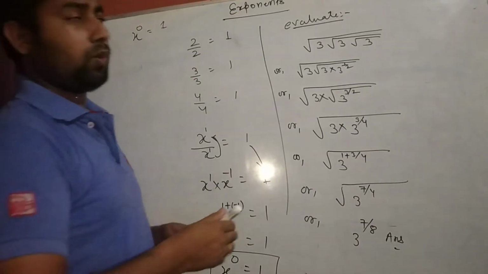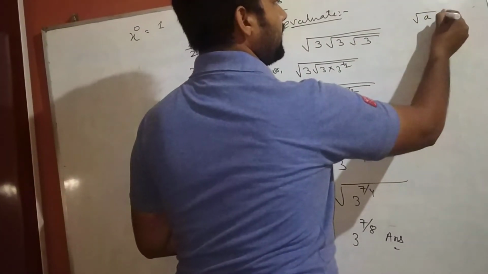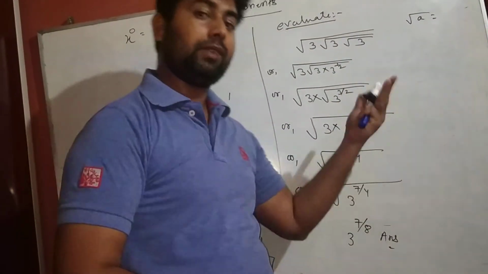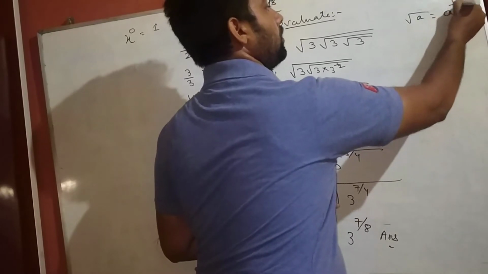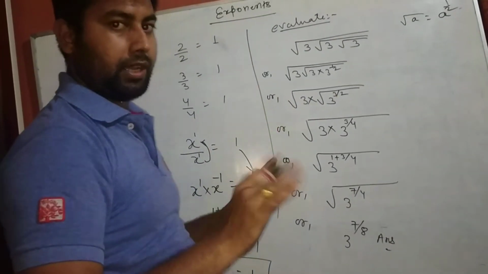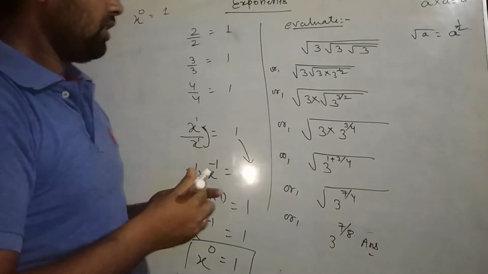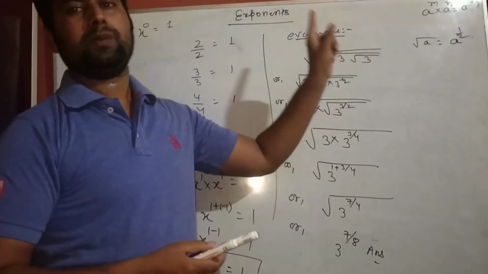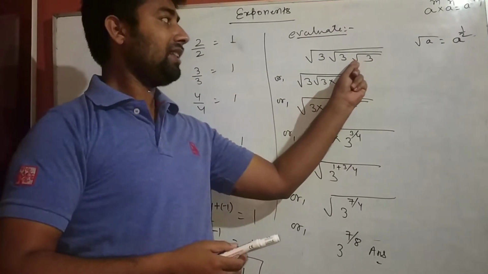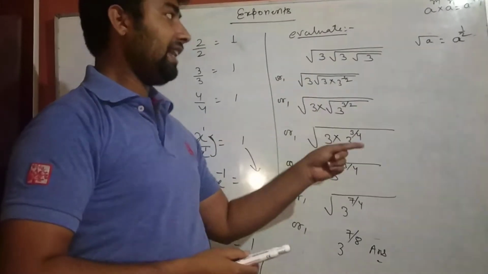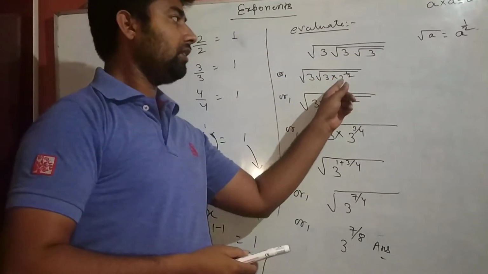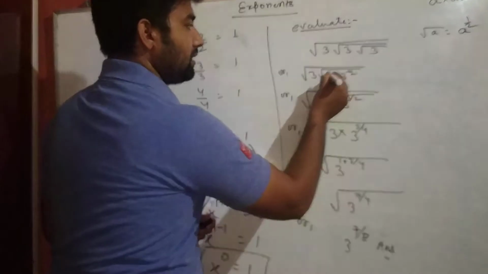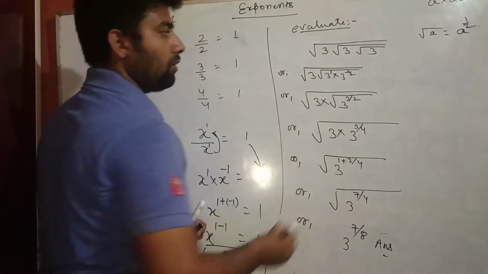Students, remember one thing: if I have written root a, and you want to remove this square root, then it will be a to the power 1 by 2. You know that, we have already seen it in class 8. Now there are 3 repeated 3 times. First, the outermost 3, we remove its square root. The last 3, you can see, we remove this square root, and as we remove it, the power of 3 becomes 1 by 2. Now in this 3 nothing is mentioned, so its power is 1.